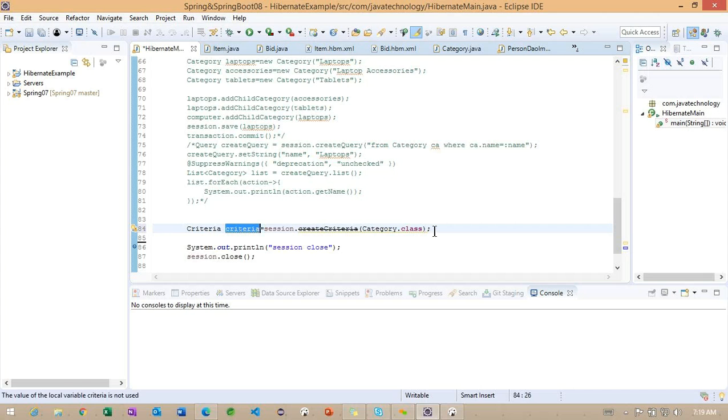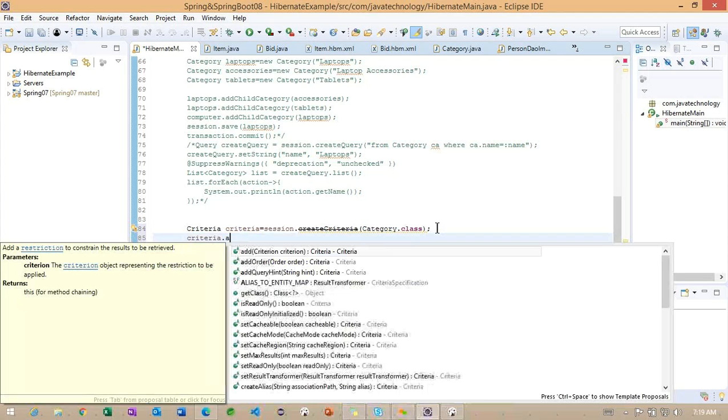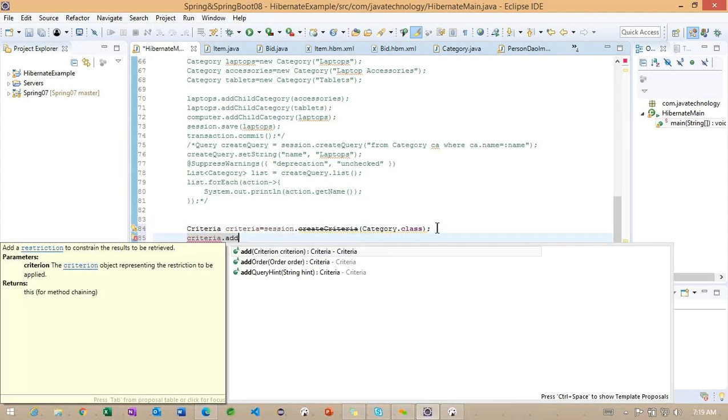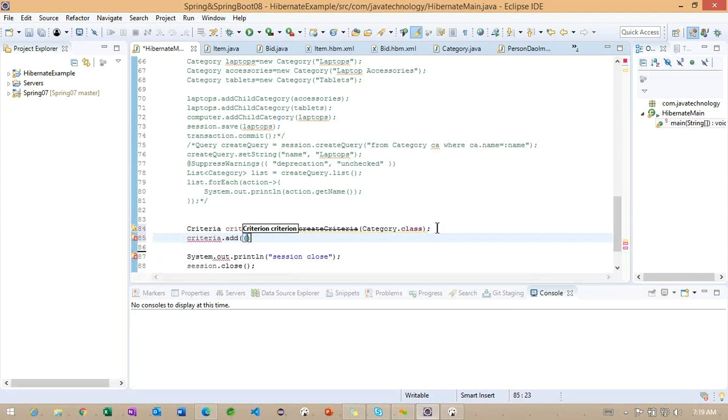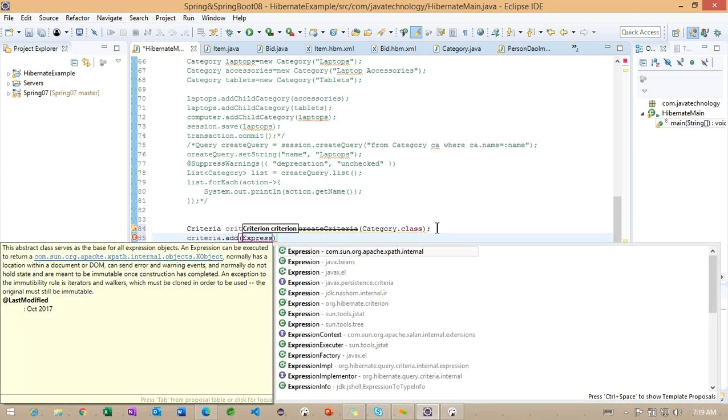Using this particular criteria object, what can we do? Criteria dot add. Criteria dot add. Here, inside this, we are going to work on the expression. We are going to work with an expression. The expression is coming from which class?